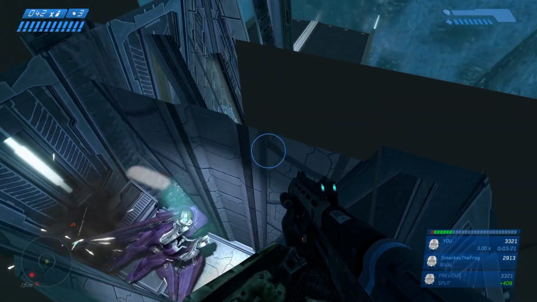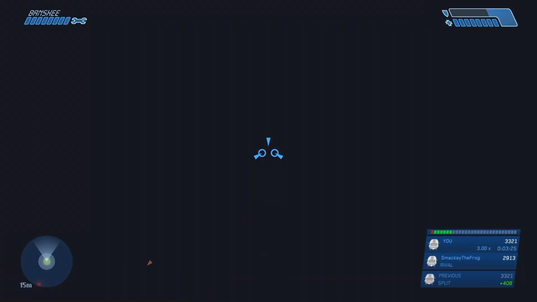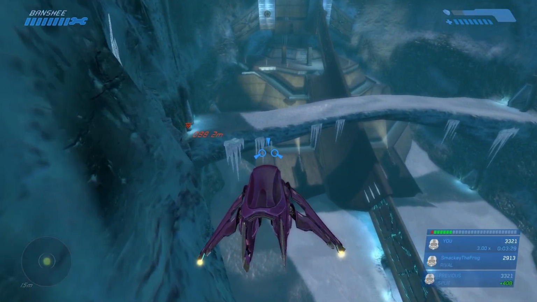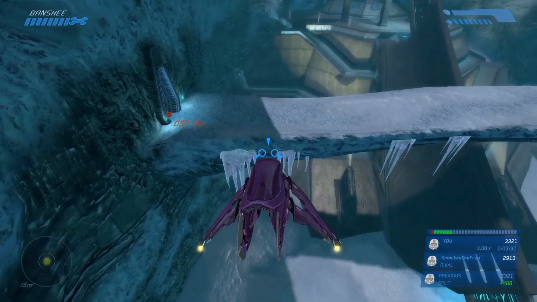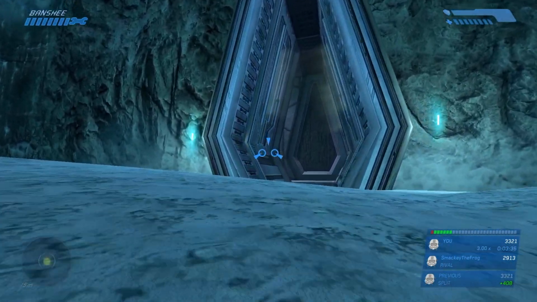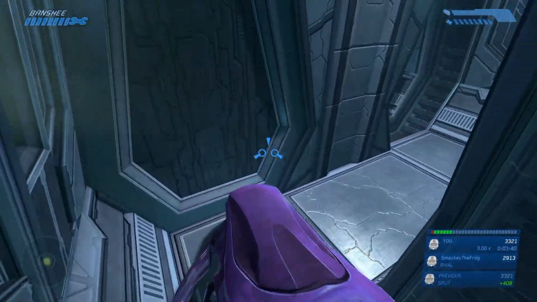I have to do a very specific lineup and jump to land kind of in between inbound and out of bounds, so that I can grab the Banshee while I'm still out of bounds. And so yeah, now I get in that second Banshee and I'm completely out of bounds. I can go through all of these walls and everything, but the only